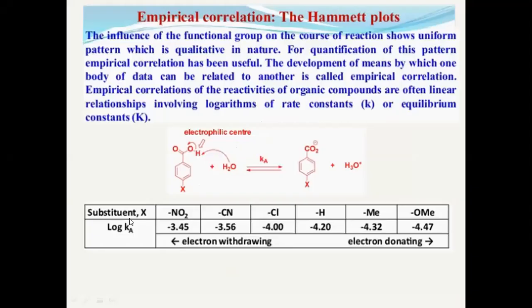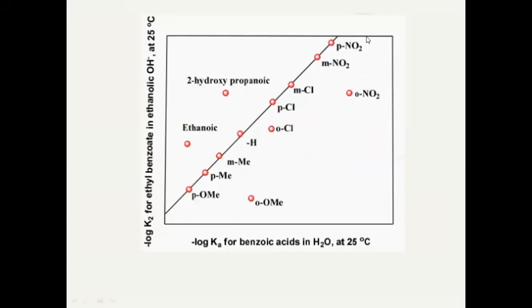This plot is nothing but the graph of these values, which we had in tabular form and have now shown in the form of a plot. See this minus log K, nothing but the rate equilibrium constant. We get the equilibrium constant but with a negative sign. So if you draw this, here will be the lowest negative value, like minus 10, 9, like this, going to minus 3 point something. See this table. So we can say left to right, the value increases.